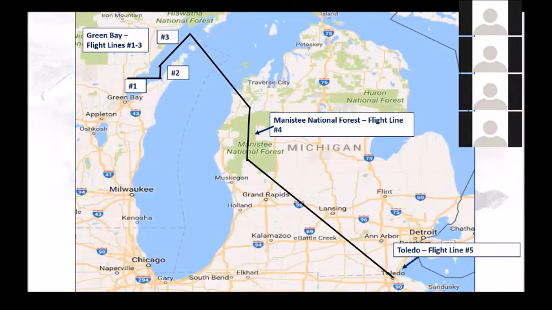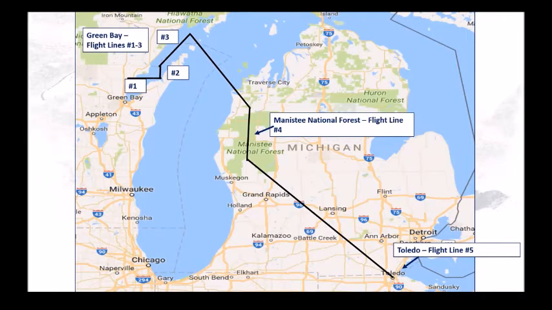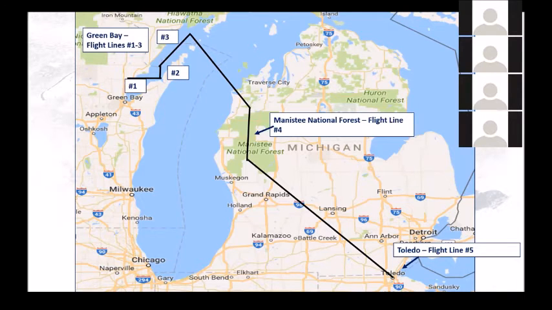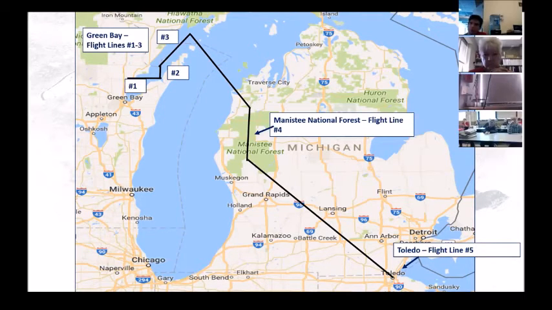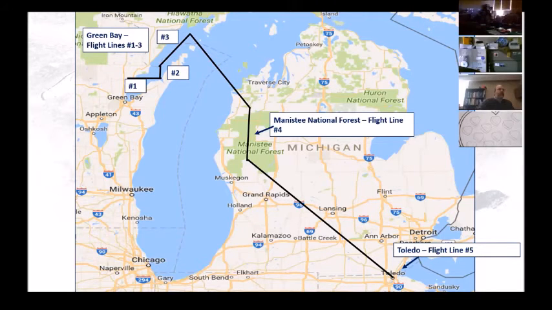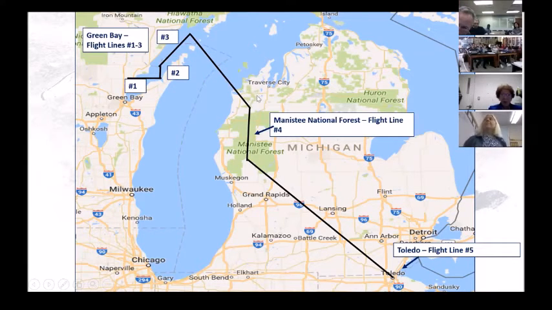These are the flight lines, the current flight lines. First, the plane, when it comes from Colorado, will fly over Green Bay, which is an ice-covered part of Lake Michigan. And then it will fly over Lake Michigan. This part of Lake Michigan has no ice in it. Probably won't at the end of the month either. This is the snow flight line right here, flight line number 4 over in Western Michigan. And then the plane will fly down over Toledo for your test sites there, and then from there back to Maryland.